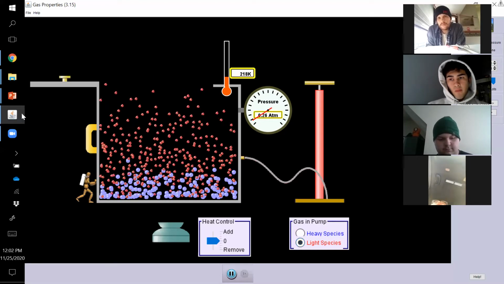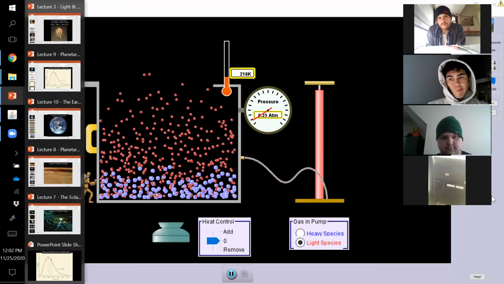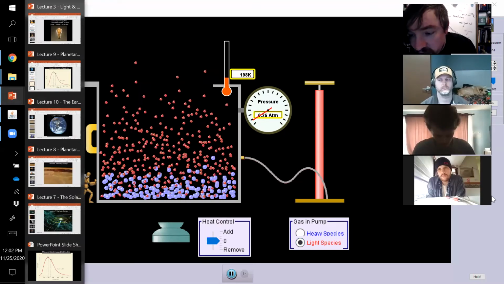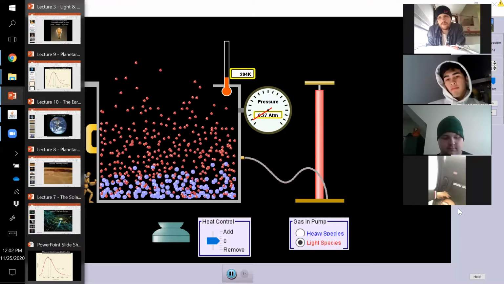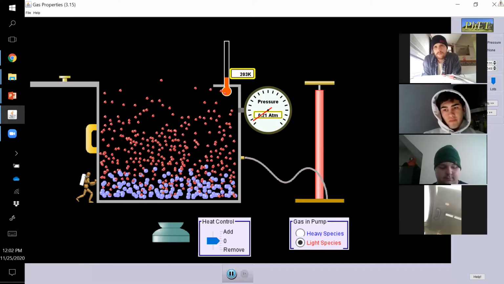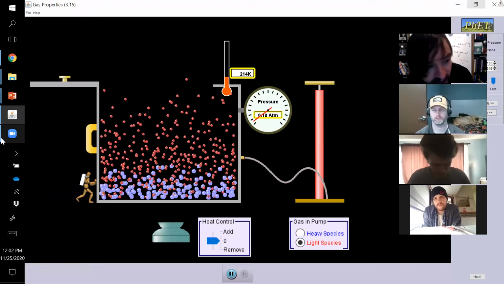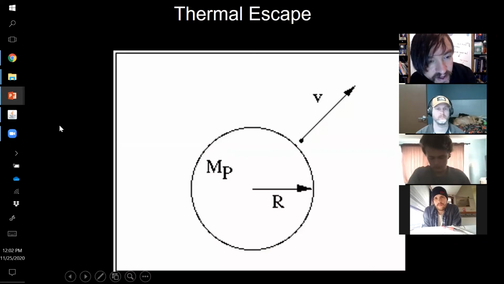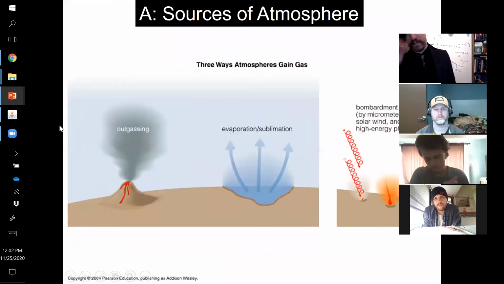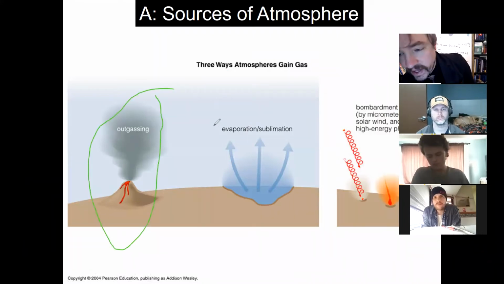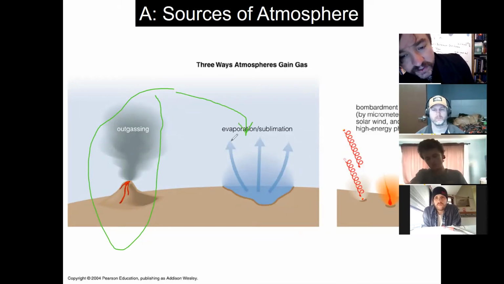Why doesn't Earth just boil away its atmosphere? Earth's been sitting around. It's a cookie that's been sitting on the windowsill for 5 billion years, right? It's amazing we have any gas particles at all left, except, oh wait a minute, I forgot about something. Atmospheres have sources and losses. Mostly, the reason why Earth doesn't lose its atmosphere is because it's continuously outgassing. And a few gas particles are released through evaporation or sublimation.